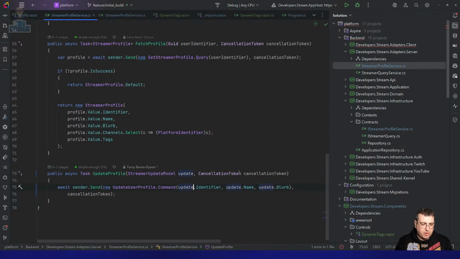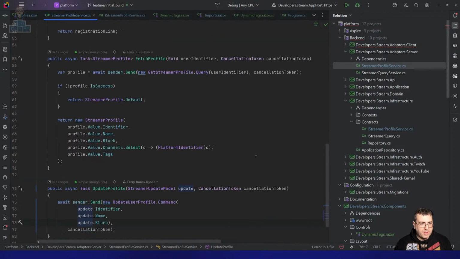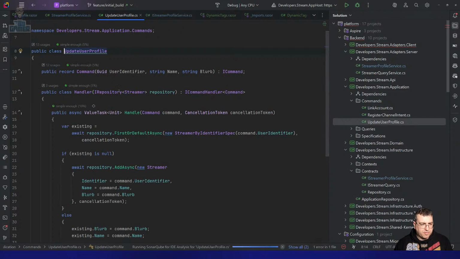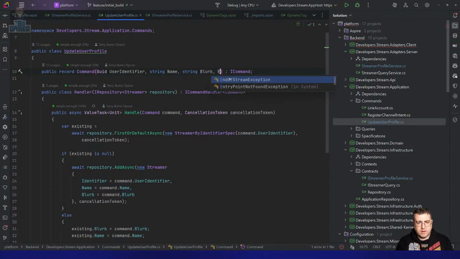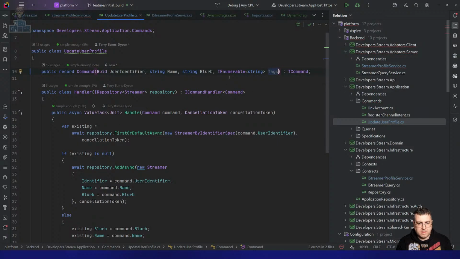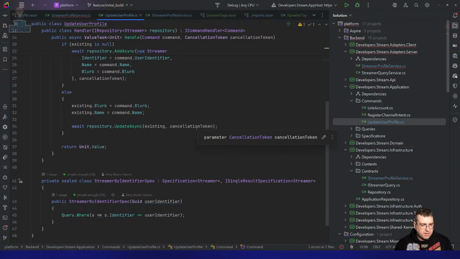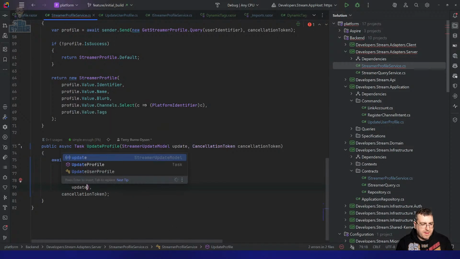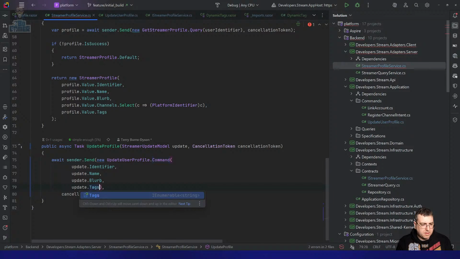The irony here is I'm going to create another object that has all the same parameters, but don't forget, I'm going to implement an API version of this same call that's going to make this call. So it's going to work out in the end. It just looks a little bit messier than I want it to. So in the update user profile, we're going to take our IEnumerable tags. And they're going to be slightly messy. So, what I want to do here,